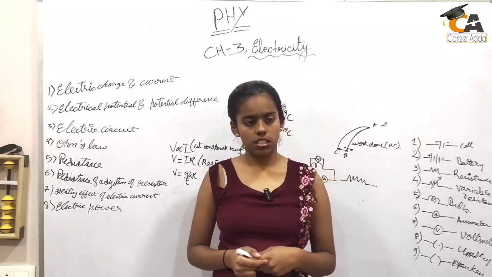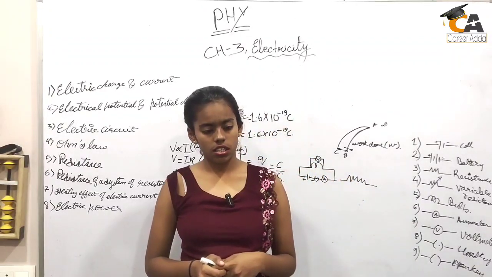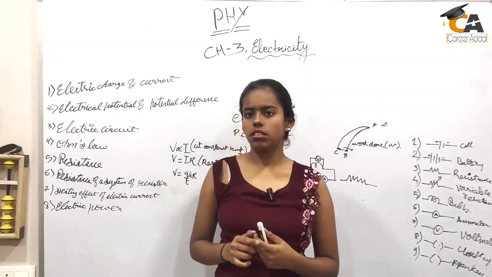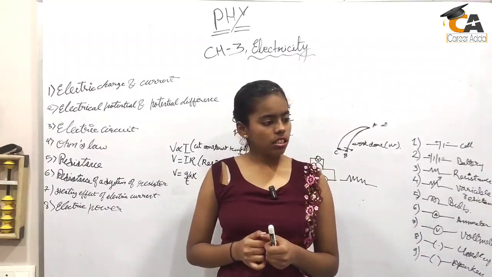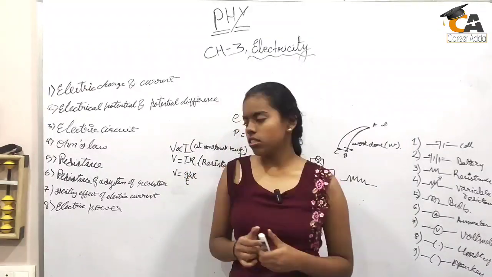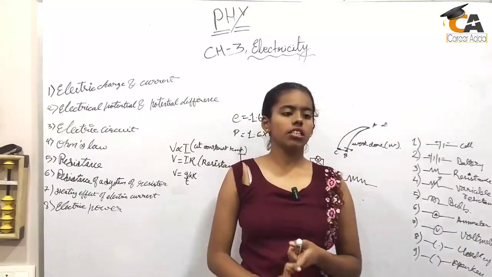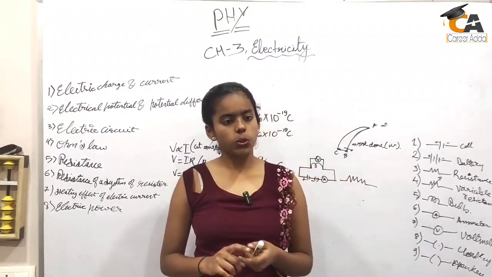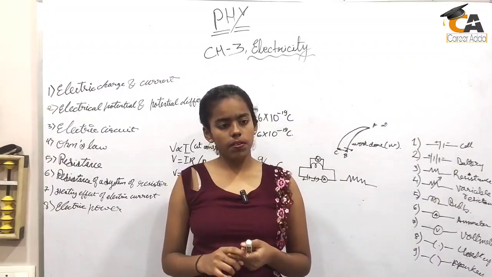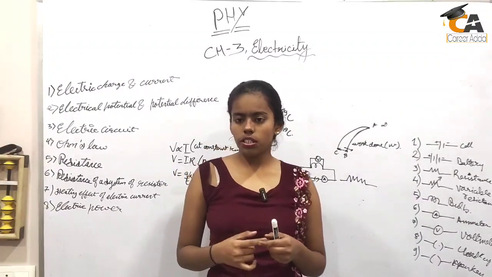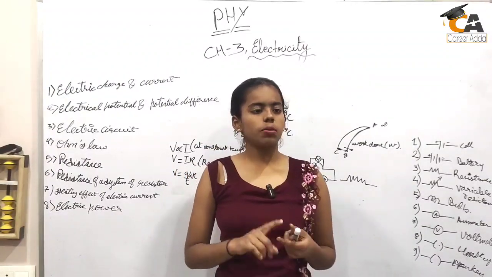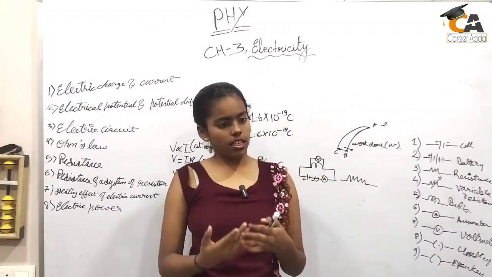In which wire is resistance high, thin wire or thick wire? Thin wire. How? Because area of cross section is inversely proportional to resistance. So when the area is less, resistance will increase, therefore